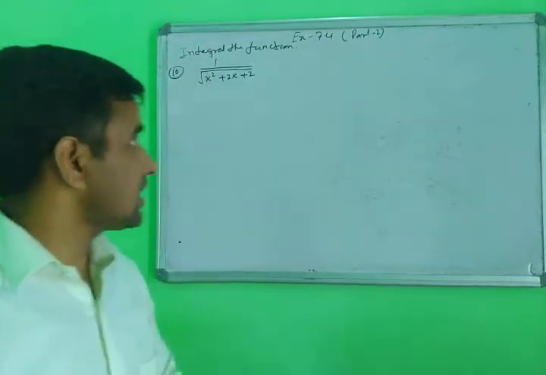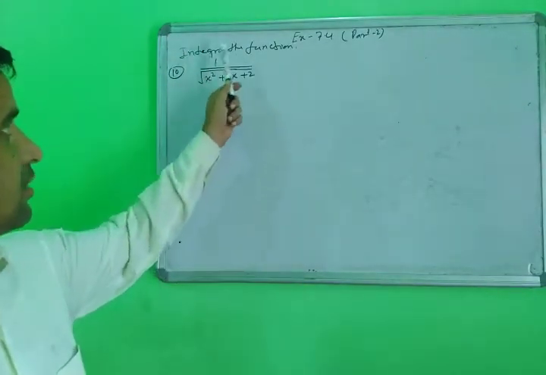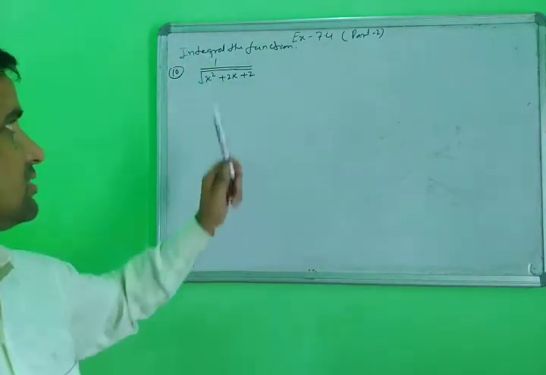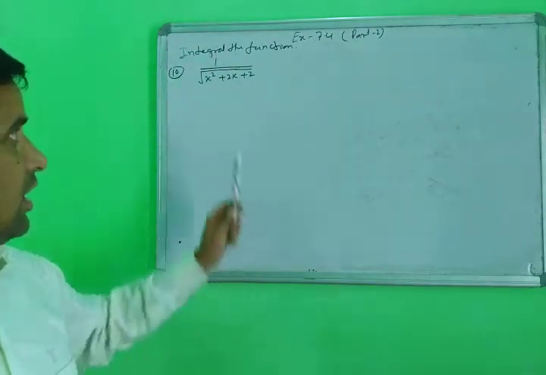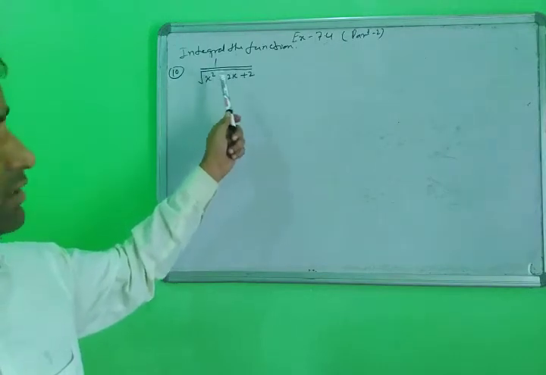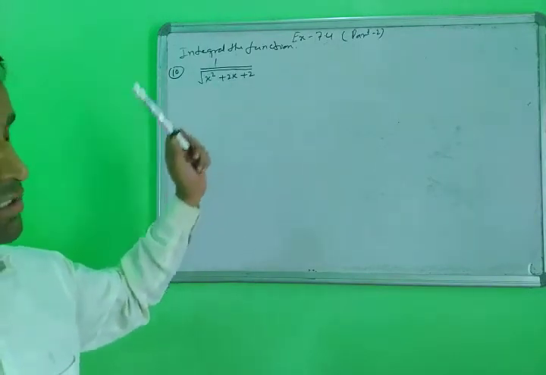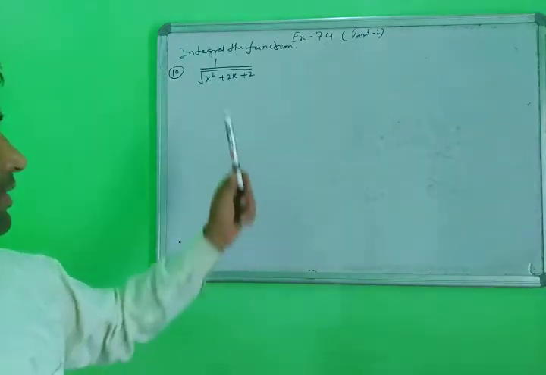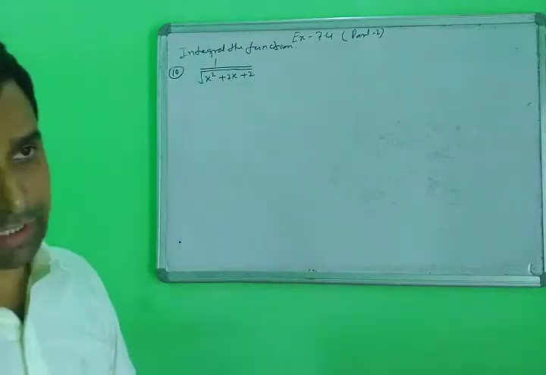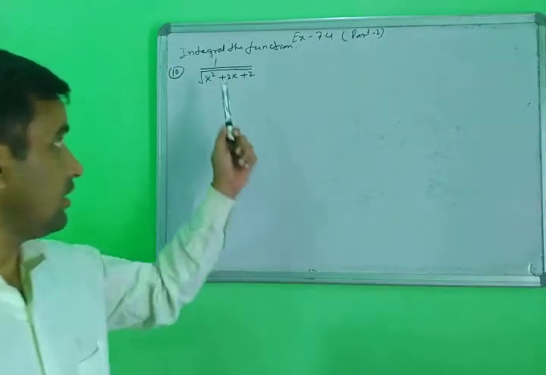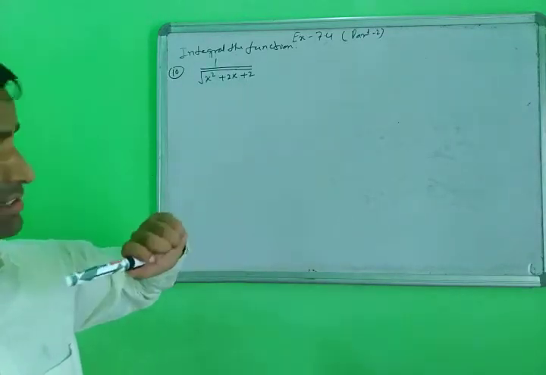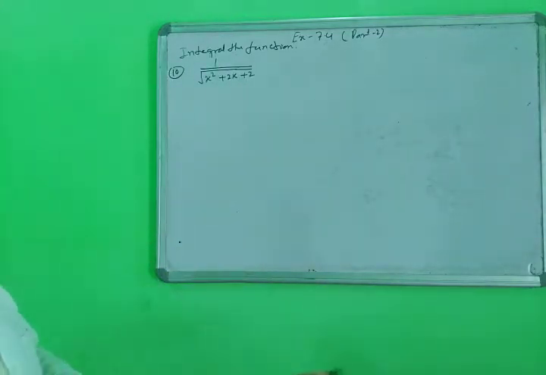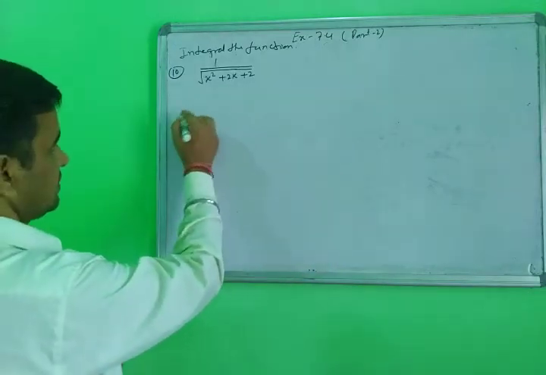Yes, student. Next I am taking question number 10. Integral of the function, 1 upon a quadratic expression. This is a special type of question. You have no direct identity here. First you break down the quadratic into perfect square form, then use the identity of the special type functions. Now I start the question.